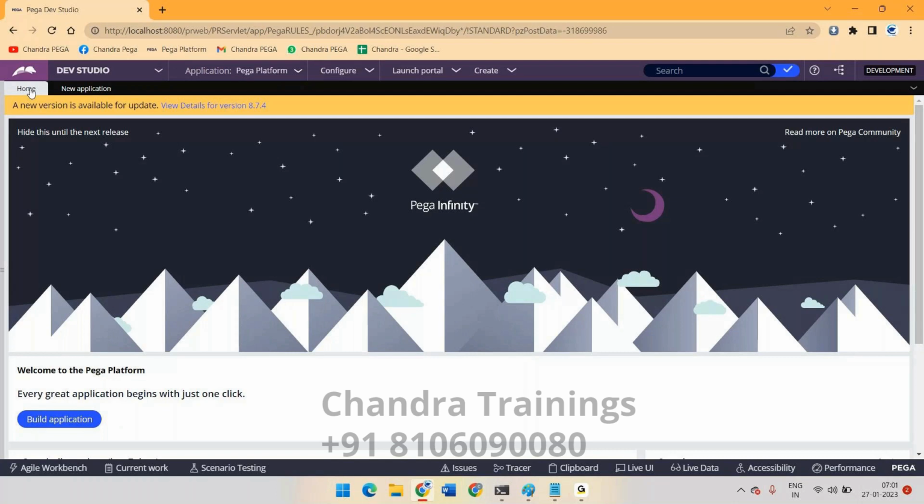If you log in with your own operator ID, it might take you to a credit card application, or maybe the next day to a loans application, based on the access your manager is giving you. That we know. Currently we have only one operator ID, and it takes you to the Pega platform application only, and this is the master application, and this application helps any child application